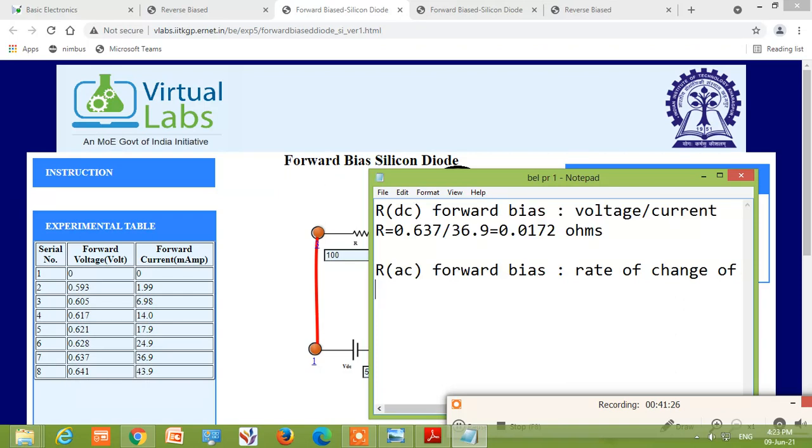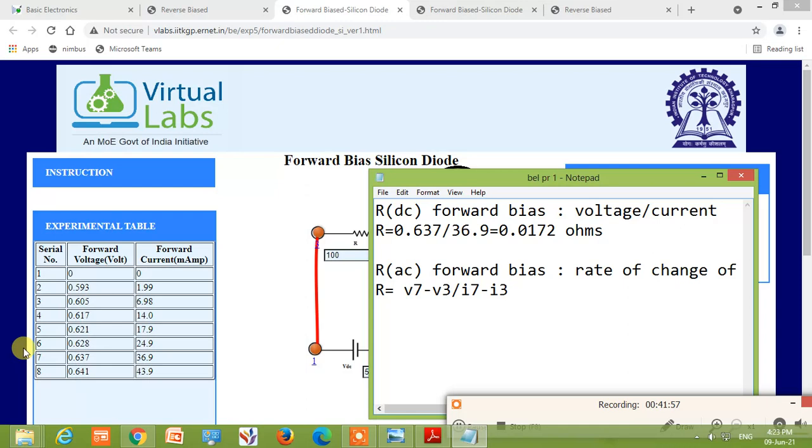So R equal to, say, let us take the points 3 and 7. So V7 minus V3 divided by I7 minus I3. You can take any two values.